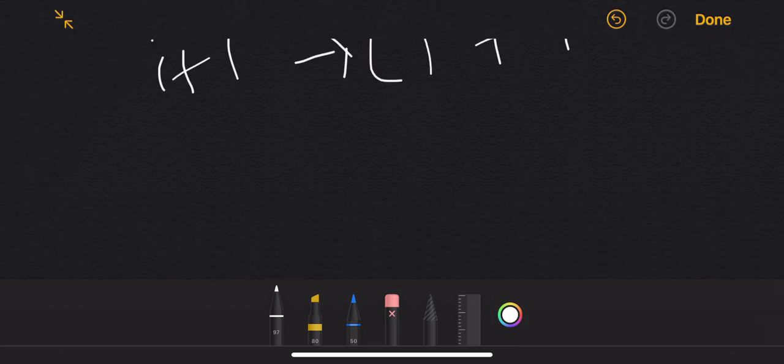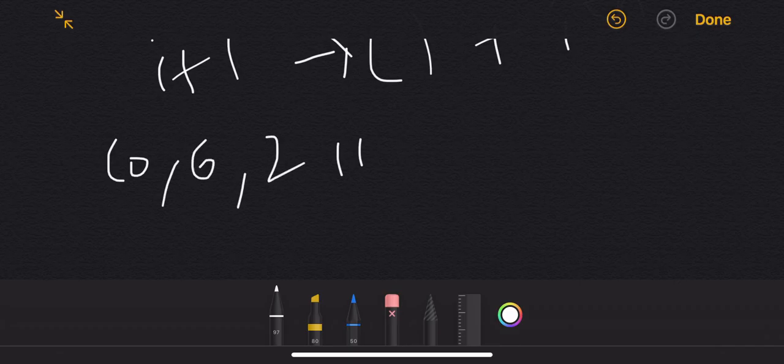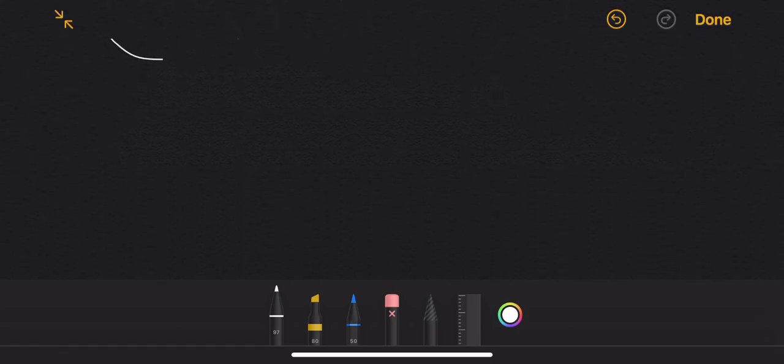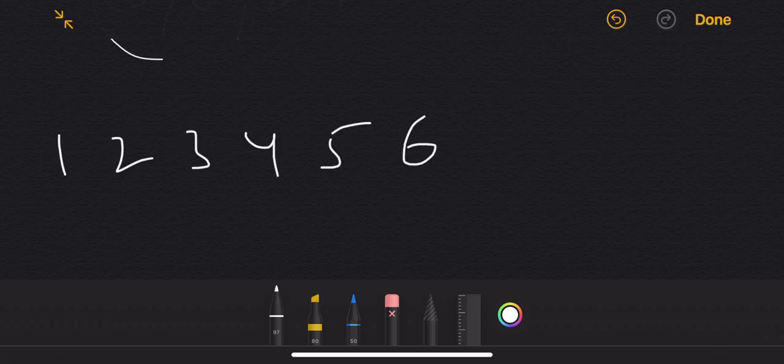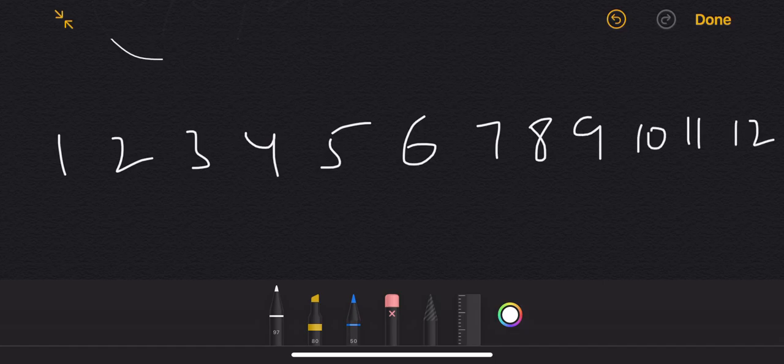So in our case, to come to 11, we see all the possible states which can lead to 11, which are 11 minus 1 is 10, 11 minus 4 is 7, and 11 minus 9 is 2. We just see all this, so we can make a number line until 12: 1 2 3 4 5 6 7 8 9 10 11 and 12. And let's write the list of perfect squares. We already have 1, 4 and 9.